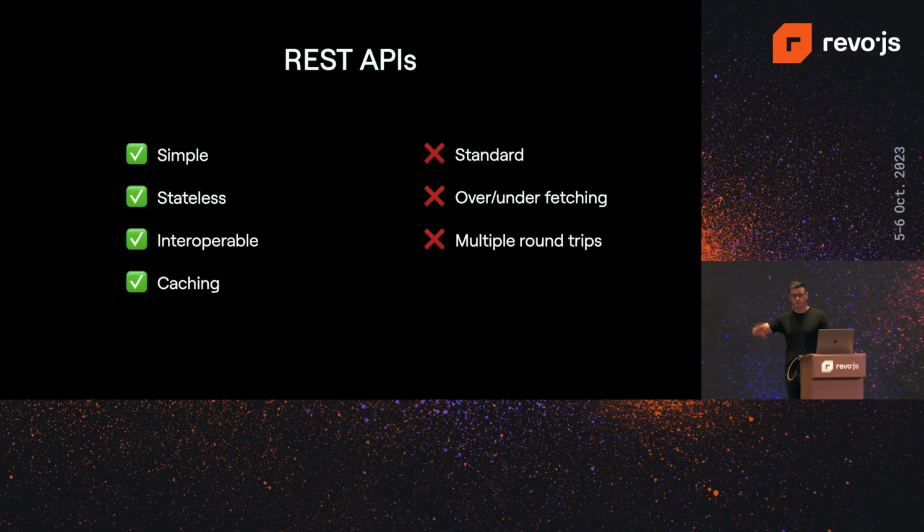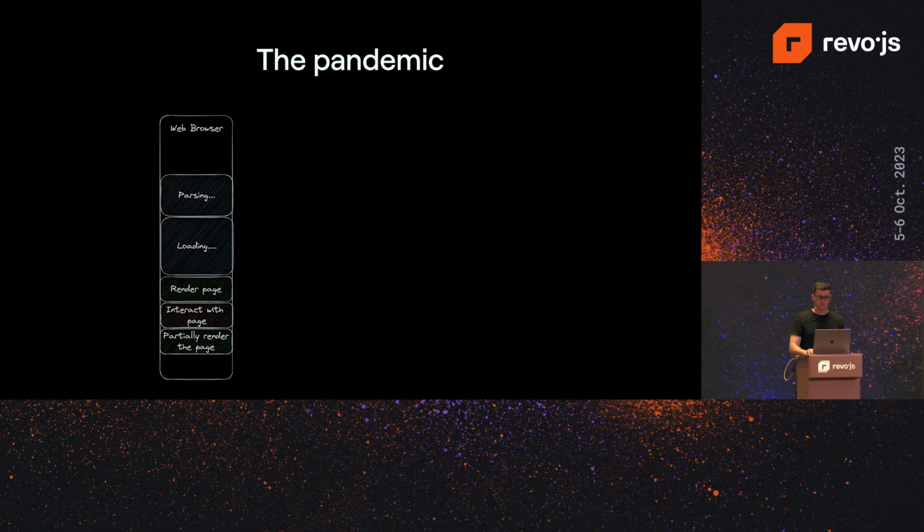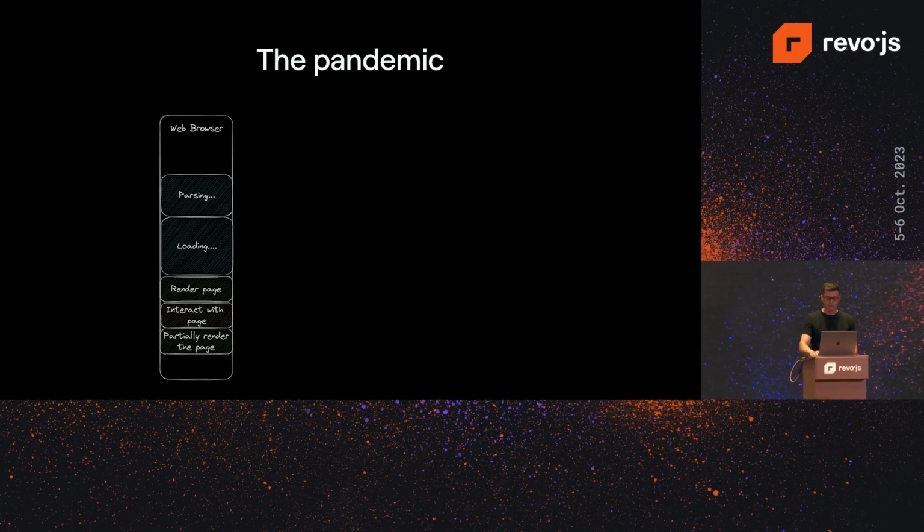And then for each of these, I had to make all these round trips from the front end to the server, get all this information, use the information to make the next call, and so on and so forth. This created a waterfall effect. And then, yeah, REST APIs also don't offer any real-time support. So that's when the pandemic hit. Like, we were kind of set on single-page applications, we were set on REST APIs, everything was amazing. They weren't perfect, but they did the job.